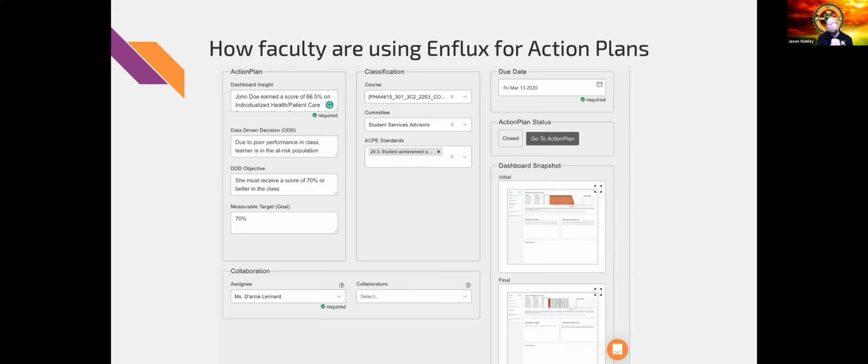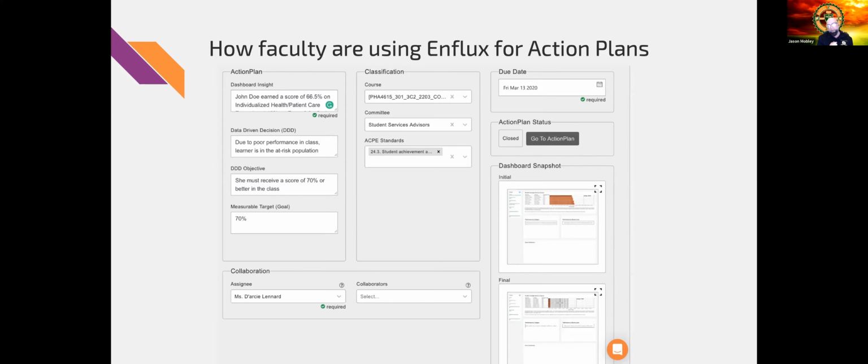The other thing that I like about the action plans is that there's commenting on it. Dr. Honeywell is the one that did this particular action plan, so he made it originally. Miss Leonard, when she met with the student, commented on what the conversation was with the student and what ended up happening. After the tutoring was done, that was commented as well. And then right before exam 2, we went back to this dashboard when we closed it, and we actually shared that result.